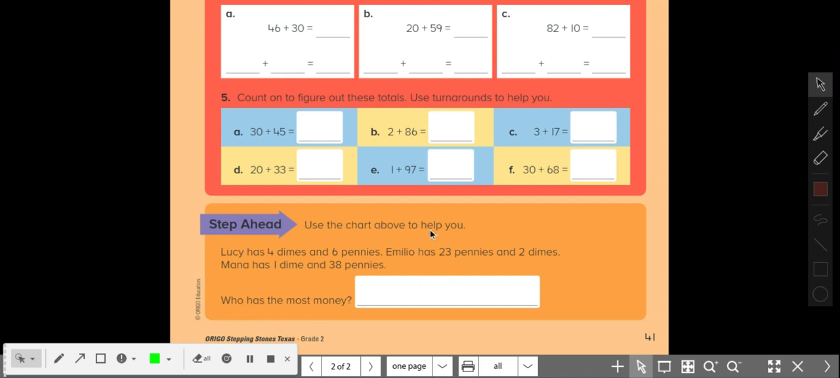I'm going to tell you that this is a bonus question, okay? Because we have not covered money yet. So if you get this one right, I'll give you 5 extra points. If you get it wrong, I won't take anything off. But I want you to at least try. Remember that dimes are worth 10 cents. Pennies are worth 1. So let's see if you can figure this problem out. If you have any questions, please